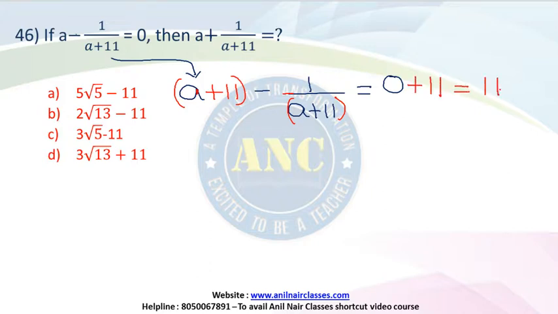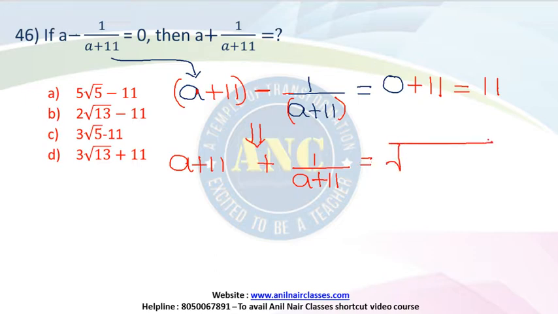0 plus 11 is equal to 11, right? 0 plus 11 is equal to 11. Now, can I also say that this is similar to x minus 1 by x? X minus 1 by x value is known to me as 11. Because x minus 1 by x is known to me as 11, I can easily find x plus 1 by x value. That means a plus 11 plus 1 divided by a plus 11 can be found out as